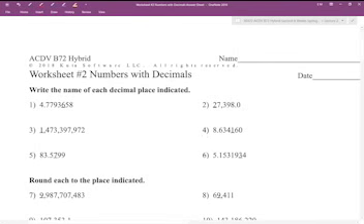So number 4. We have to count out the place values. Now you may use your place value chart to help you, but it's best if you memorize them because on the test and final, you'll need to have those memorized. So here's the tenths, hundredths, thousandths, 10,000ths. So then we'd write the name